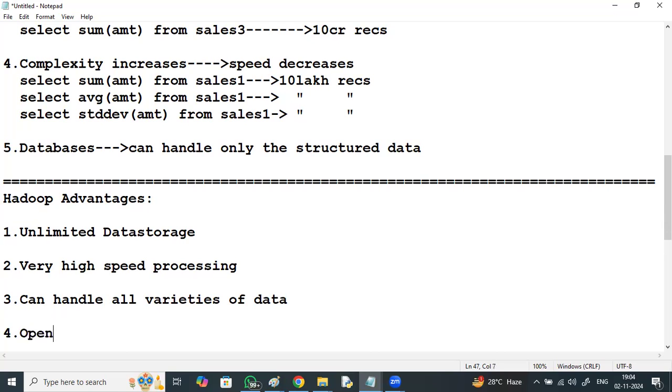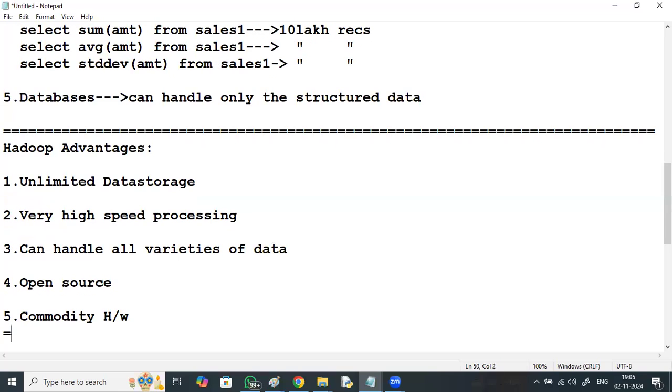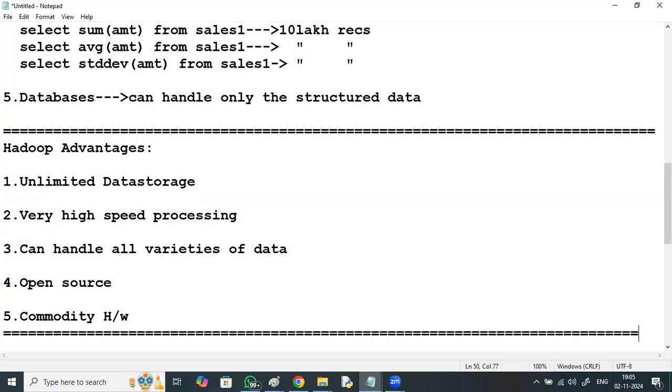Open source, no licensing required. Fast. Commodity hardware. Commodity hardware doesn't mean you need highly configured systems. It can run on any hardware, any systems.